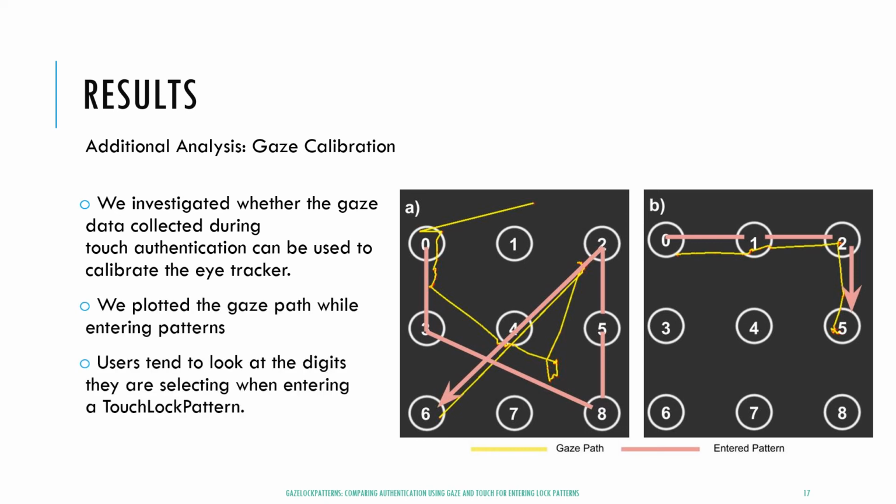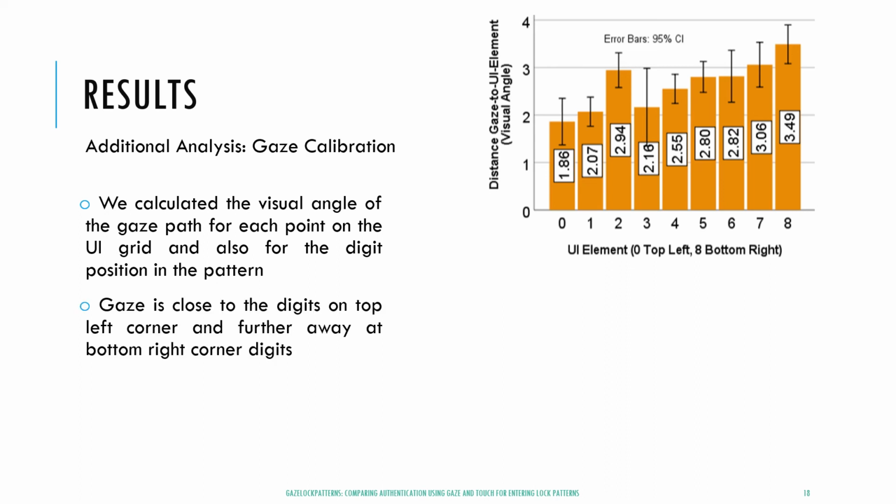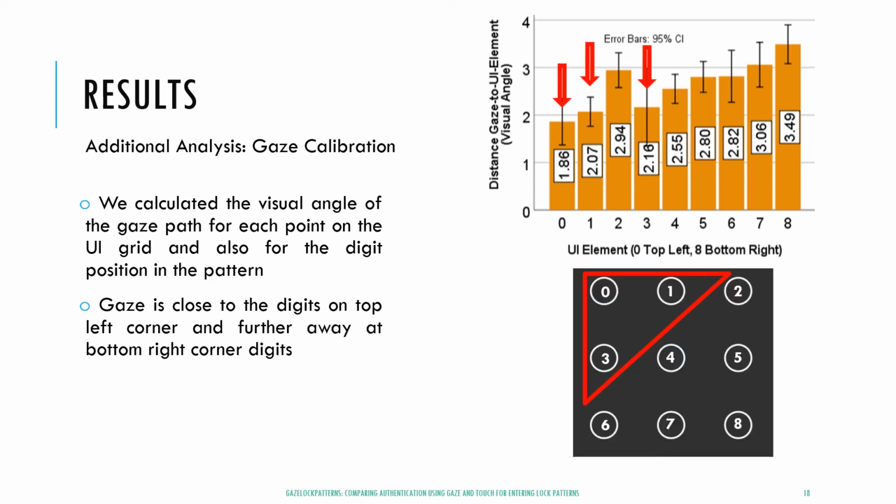We plotted the gaze path while entering patterns as seen here in the figure, and we found that users tend to look at the digits they are selecting when entering a touch lock pattern. We also calculated the visual angle of the gaze path for each point on the UI grid by calculating the distance between the center of the UI element and the user's gaze at the moment the finger enters the digit. We found that gaze is close to the digits at the top left corner, for example 0, 1, and 3, as seen here in the graph, and it's further away at the bottom right corner digits, for example 5, 7,